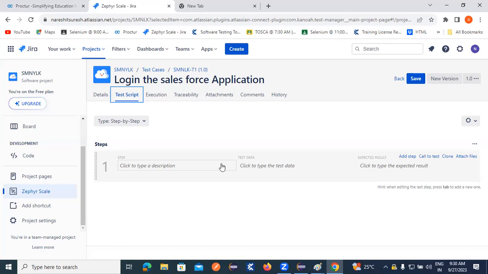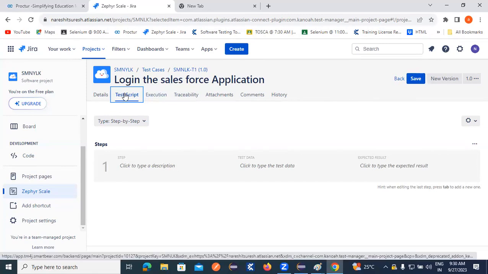Once you click on the save button, the login application, the Salesforce application, is created. Okay, the next one, test script. There are three types of